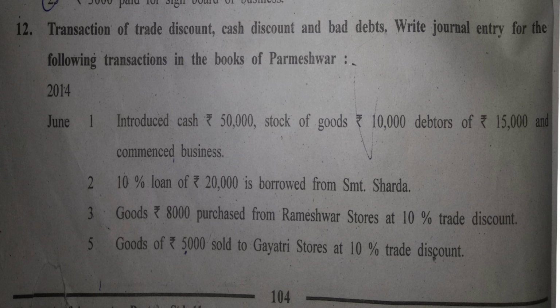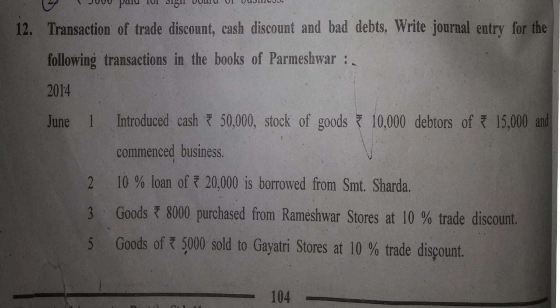Cash. But it is a loan, so it is a liability too. So the two effects of this transaction, firstly, cash account and 10% loan of Srimati Sharda. Loan is a liability, cash comes in. Debit what comes in, and liability is always having a credit balance. So the journal entry for this becomes